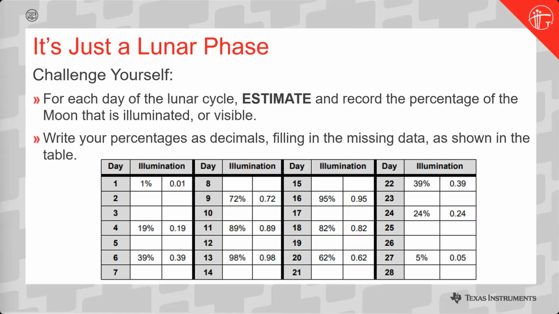So I love all these ideas, and students don't always think of that idea that when we're going through a phase like this or through a cycle, day 1 and day 28 are going to have something in common, or the fact that as we move forward through the cycle and backwards through the cycle, they're going to share this symmetry. And I really love starting my periodic functions with students with this activity because they start to think about these things.